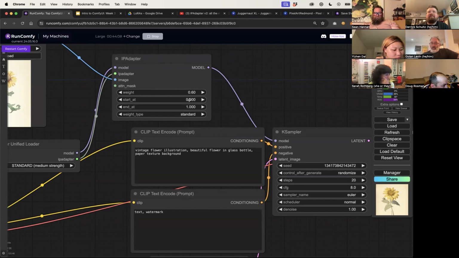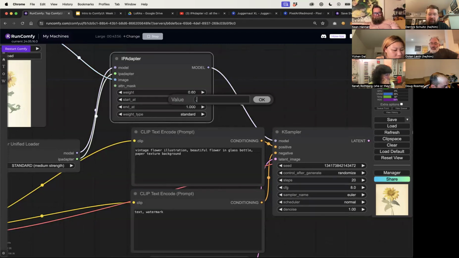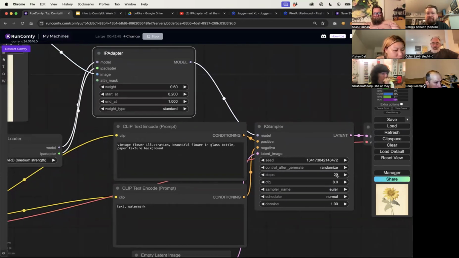Well, that might not be the best thing for us, because what if I wanted to build up a little bit of noise so I can actually build a glass bottle into my image? And then I want to influence it with the type of flower I want. What you might see a lot of people do here is something like 0.2 or 0.1. In this case, I've got 20 steps total, so that means let it generate this text prompt for 4 steps before I start influencing it